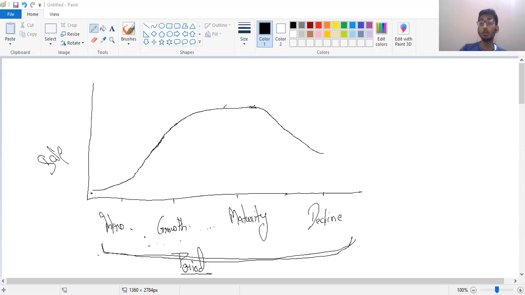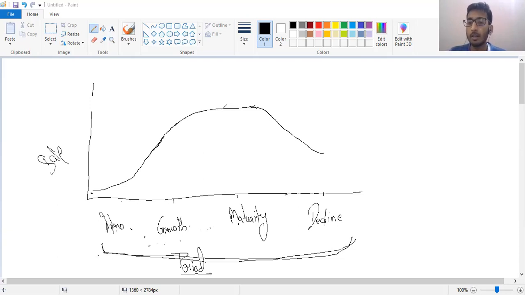Now, the second stage is the growth stage. In the growth stage, the sale keeps on increasing, but the advertisement expenditure keeps on decreasing. So this is the thing at the growth stage. With the maturity stage, I have already told you that profit is either somewhere stable, or I can say it's somewhere lenient,